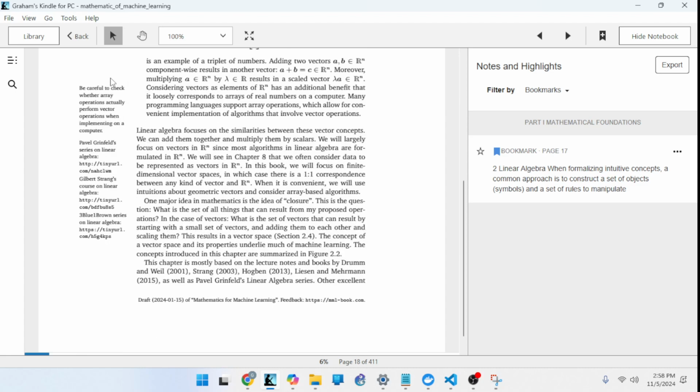And let's read the side note. Be careful to check whether array operations actually perform vector operations when implementing on a computer. Pavel Grinfeld's series on linear algebra right there, and then Gilbert Strang's course on linear algebra there, and the 3Blue1Brown series on linear algebra. So yeah, lots more sources